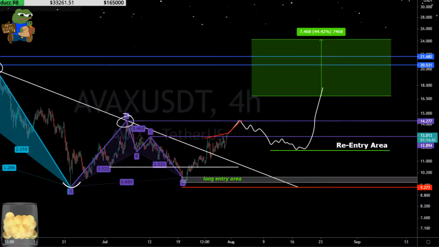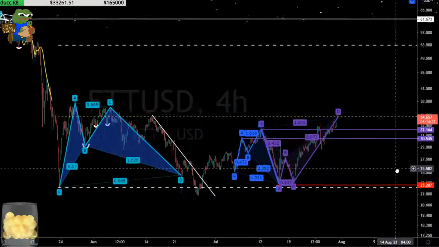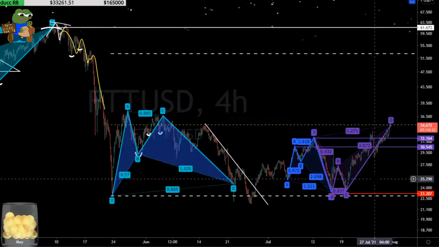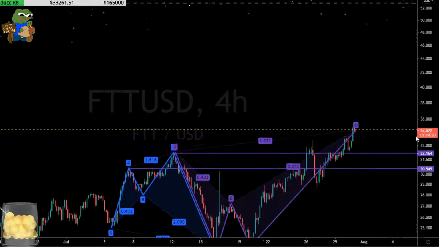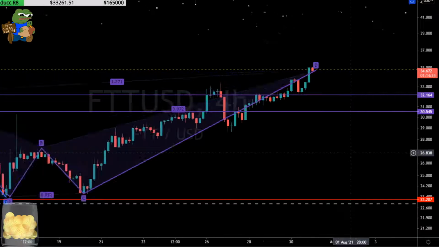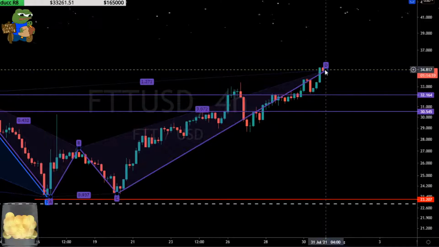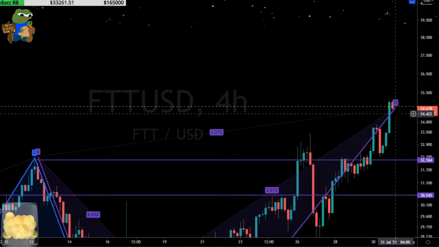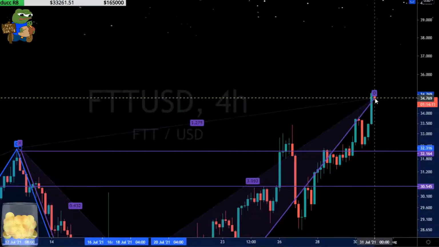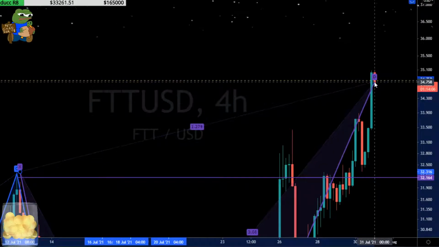What else? Let's see. We have FTT. Yeah, check this out, guys. Look at this. FTT. We drew this harmonic a long time ago. Okay, look at what just happened. We just hit that harmonic 1272 D short entry target area, and that midpoint, and we double topped right there. Okay, double topped right there. We almost even hit it where we stretched it to. Duration wise, we don't do duration, but I don't know. Witch has been DMing me, so maybe she's rubbing off.